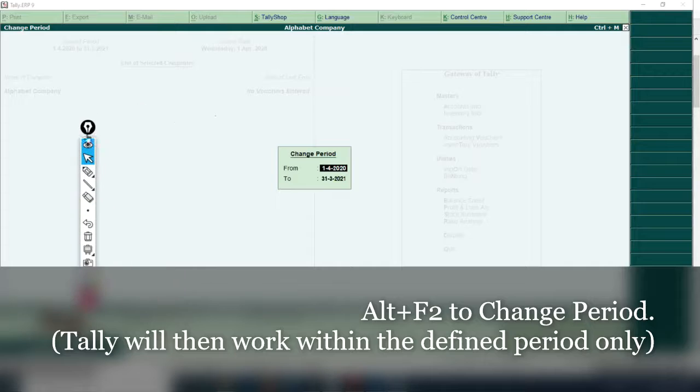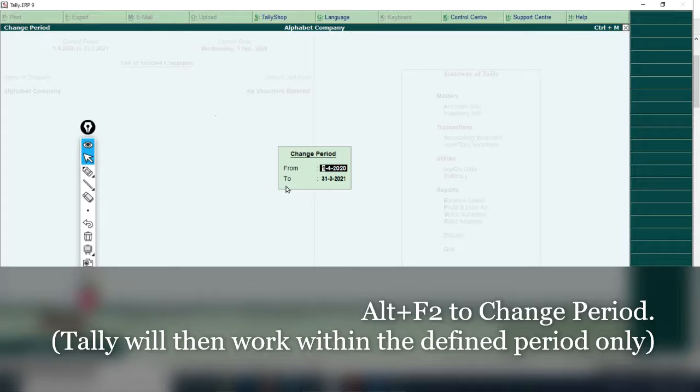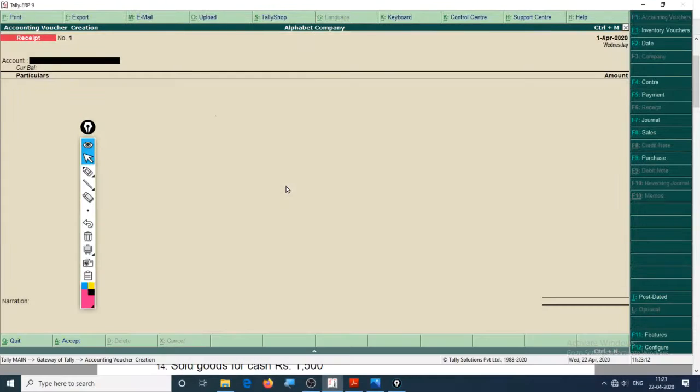This right here is the period, current period 1/4/2020 to 31/3/2021. So it will not allow us to make any backdated entry. For that, you can click on this or change your period. Okay, and then you can go into that receipt account, or you could have done it right here also